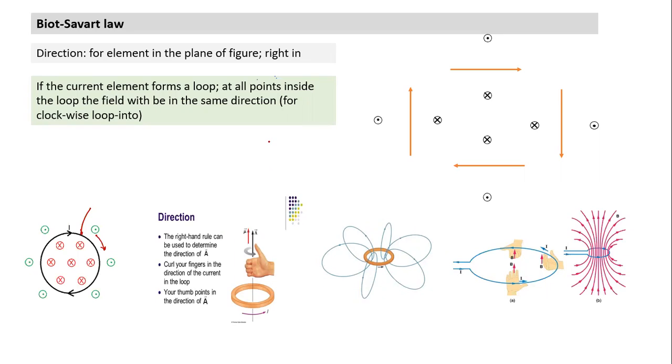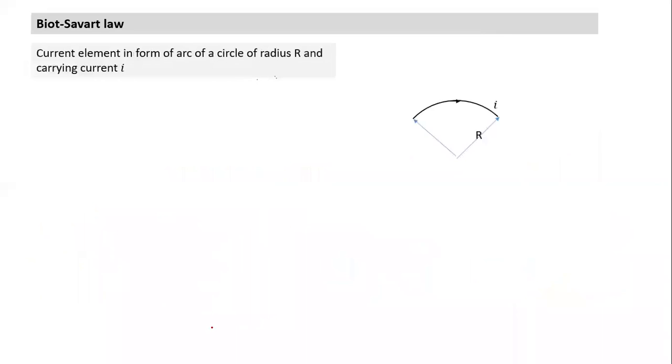If I have a, okay, I'll come to that part again. If I have a loop, something like this, anywhere on the axis of the loop, first of all, in the plane of the loop, the field is perpendicular to the plane. And if the direction at the center is like this, anywhere on the axis also, the direction of field is the same. Whether it's left side, right side, whichever side the loop is, everywhere the direction of field on the axis of a circular loop is the same. And how is the direction? Direction given by the right hand thumb rule. This is the direction. So at this point, the field is upwards. If I take another point along the axis below this circular loop, this direction also will be the same. That's the point we need to understand here.